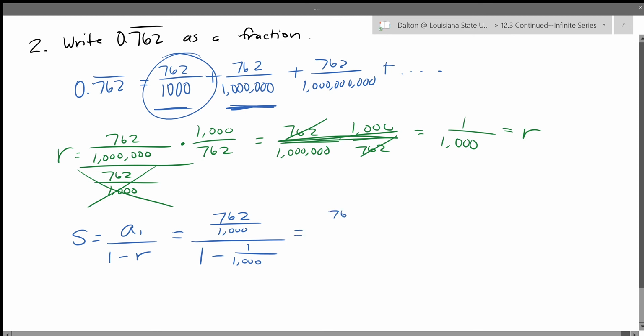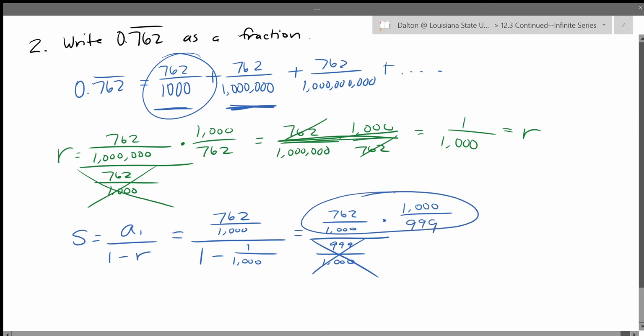So that'd be 762 over 1,000 over 1 minus 1 over 1,000, which is 999 over 1,000. And again, with stacked fractions like this, think of it as multiplying by the reciprocal of that fraction, which is 1,000 over 999. Then you multiply straight across, 1,000 over 1,000 cancels, and you're left with 762 over 999,